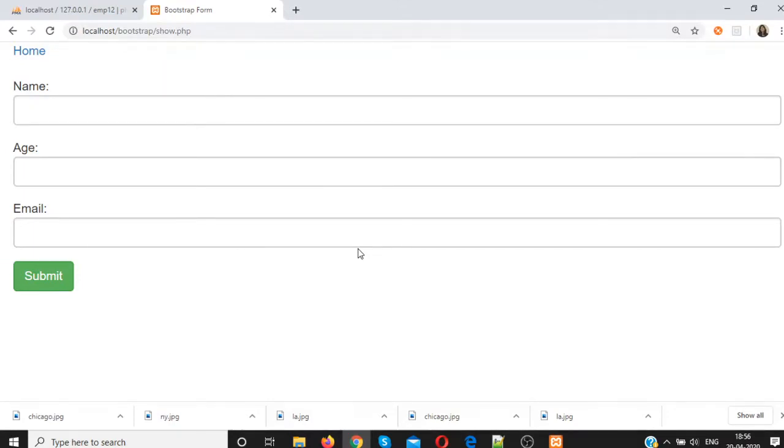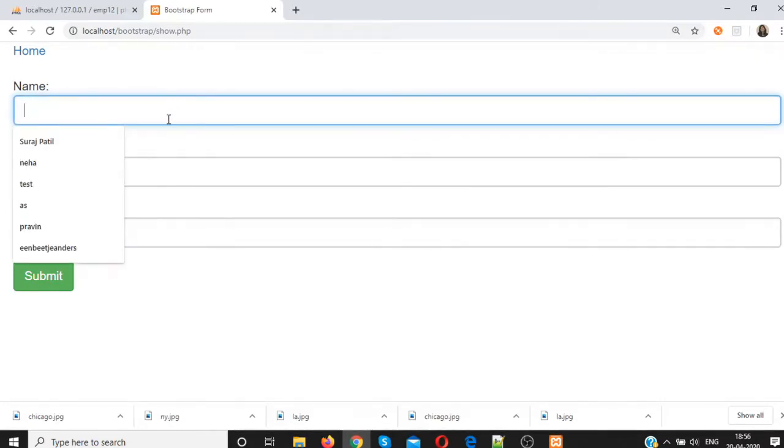The same program we are carrying here. In the same program we have just added Bootstrap code. So the program is the same, the pages are the same, just Bootstrap code is added. The first one is this show.php page, in which it is asking for name, age and email from the users. As you can see, this is a sort of Bootstrap layout or CSS. These sort of text boxes you can see, and once you click on one, it gives some extra effects, that is the Bootstrap effects.